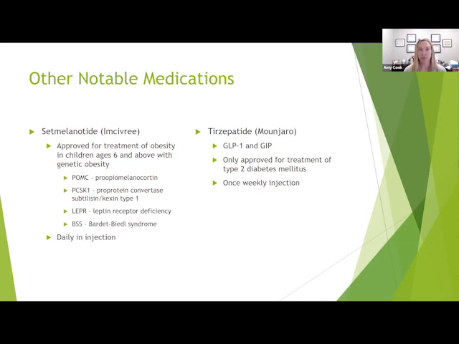And then I'll also mention tirzepatide, which just came out as Mounjaro for treatment of diabetes. It is a GLP-1 with a GIP property to it. It is currently approved only for the treatment of type 2 diabetes, but the weight loss effects seem to be surpassing those of our other weight loss medications. So we anticipate that this is going to be approved for an anti-obesity medication in hopefully the near future. And it is a once weekly injection, similar to the Wegovy.